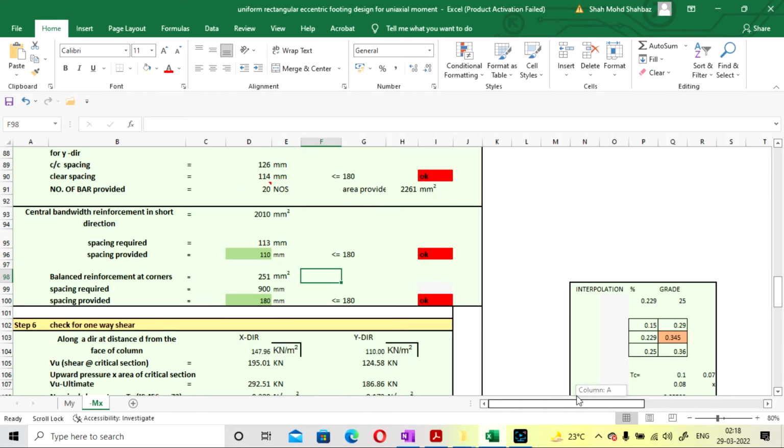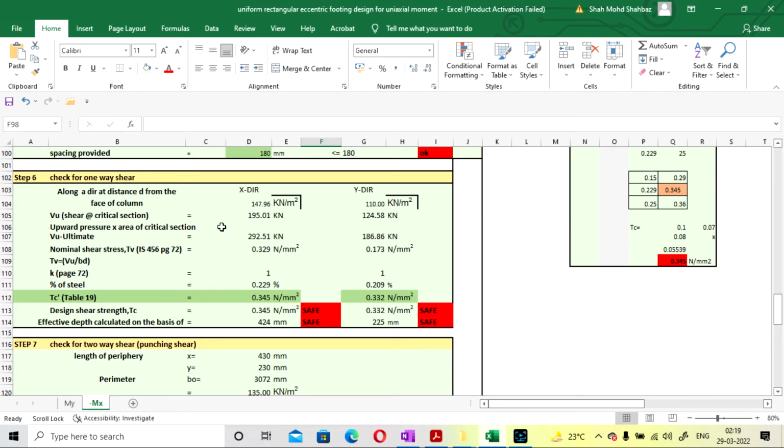So this central bandwidth reinforcement will be okay or safe when the dimension of your footing is much more rectangular in shape. Here we are providing 2 into 2.5, that is the area of the footing. So if you don't go with the central bandwidth reinforcement method, that will be okay. But for example, if you are providing one length of the footing as 2 meter and the second length of the footing as 4 meter, so there will be a 2 meter difference in the sides of the footing. So you can go with this method. Okay, in central bandwidth the reinforcement is provided according to this spacing. Okay,